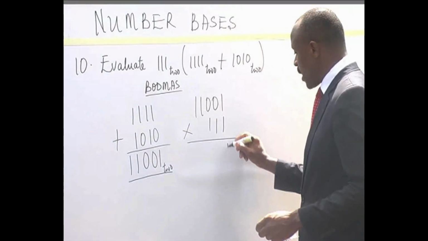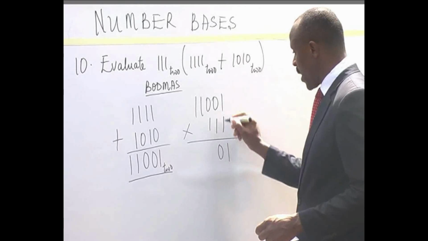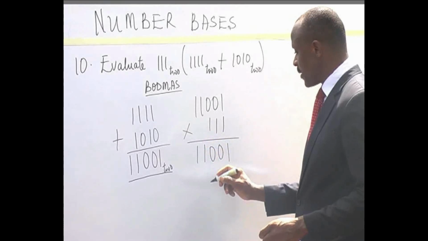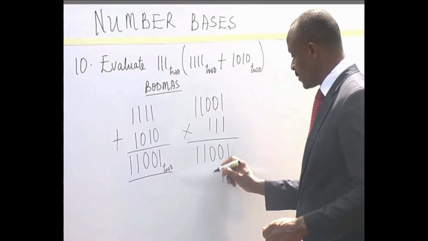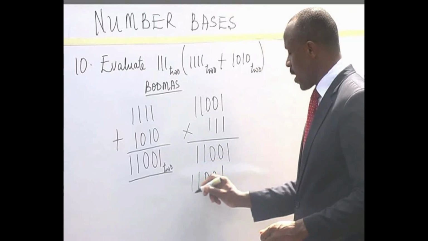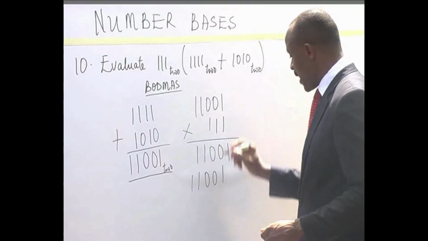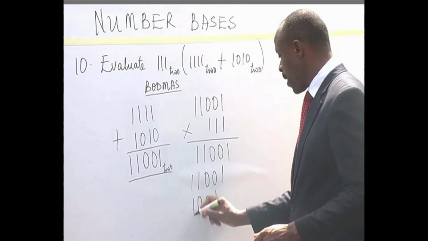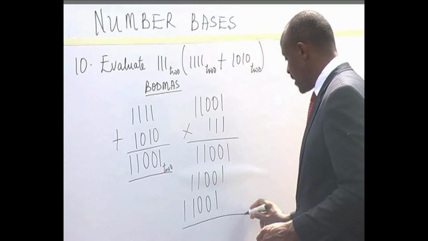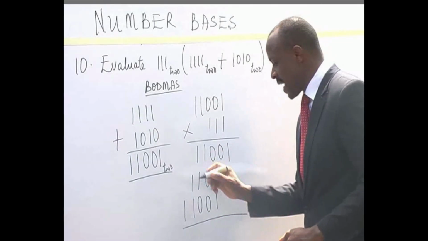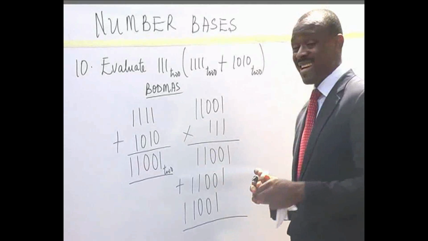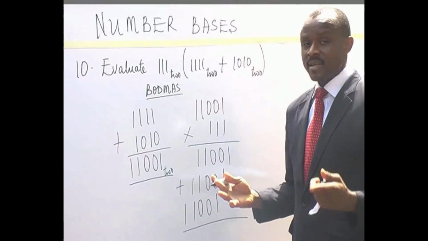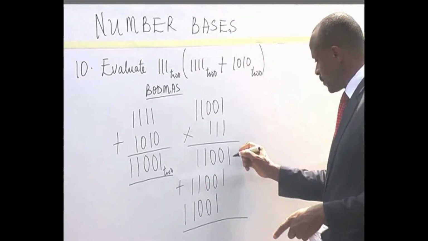1 times 1 is 1. 1 times 0 is 0. 1 times 0 is 0. 1 times 1 is 1. Times 1 is 1. 1 again. 1, 0, 0, 1, 1. 1 again, we give you 1, 0, 0, 1, 1. Pay attention to the addition, because that is where the job is applicable based on the base you are working on. Bring down 1,